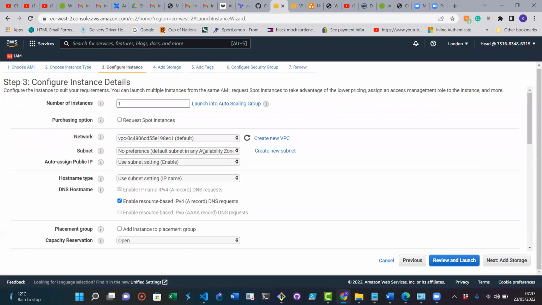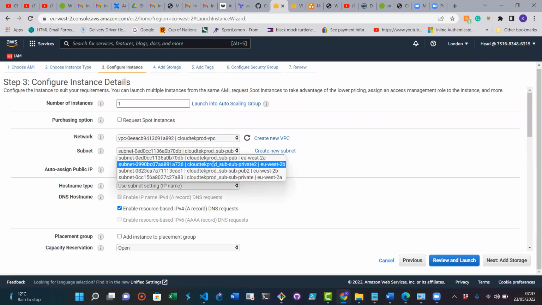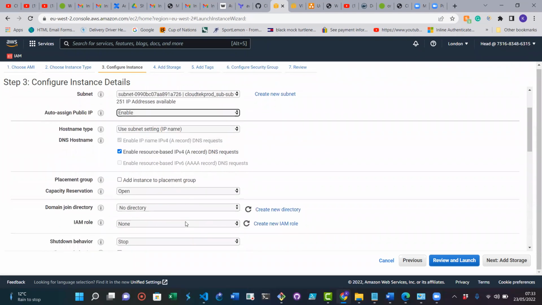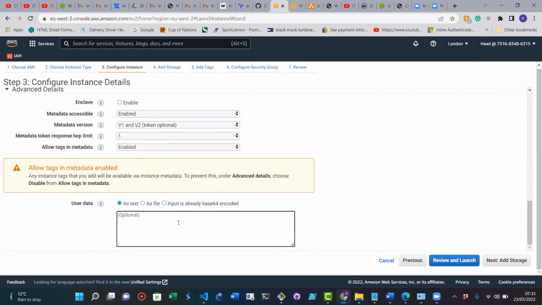We're picking the cloud tech customized VPC. This time we're going to be picking zone B because, like we said, one will be cutting across zone B and one is on A. That makes the network a highly available network, and that we can see here. Okay, so we do this, just enable the auto assign public IP, and yeah,